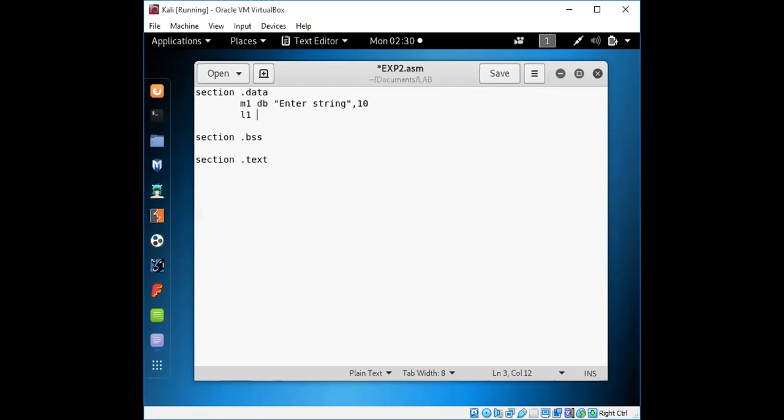Then you need to calculate the length for this. The dynamic input that you give should be saved under a string, and we'll display what string you have entered, the entered string message.